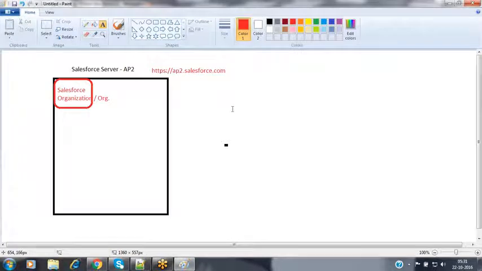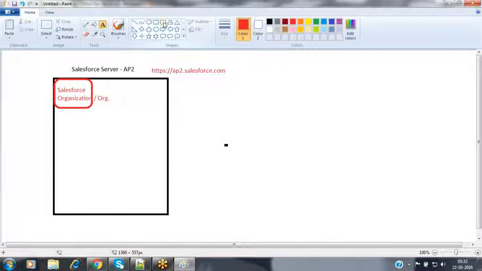So I'm using Salesforce.com's applications, where Salesforce maintains its own infrastructure in different regions, and I'm pointing to the AP region, nothing but the Asia Pacific region. In that there are multiple servers, from 0 to 4, like AP0, AP1, AP2. In that there is the server called AP2, in which I have my account and my applications. So the request is sent to that particular server. Whenever you create a Salesforce account, which is called a Salesforce organization, it allocates memory inside that associated region server.